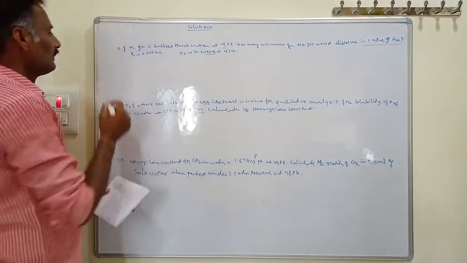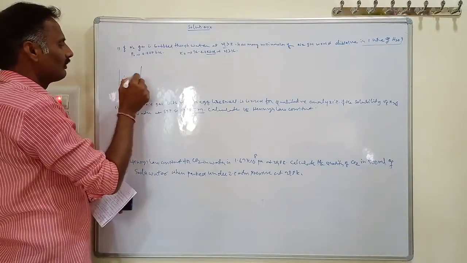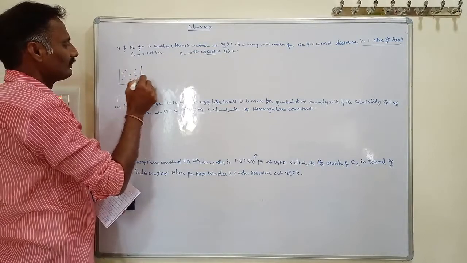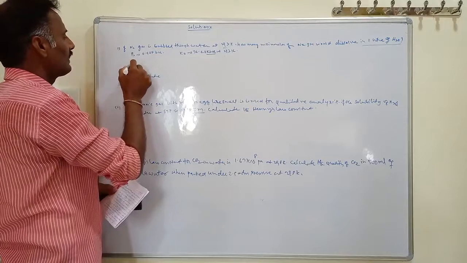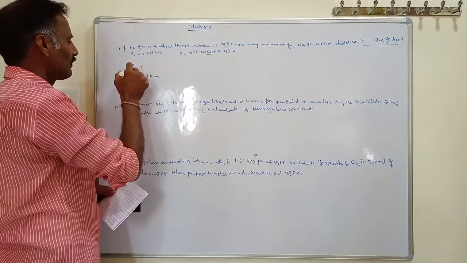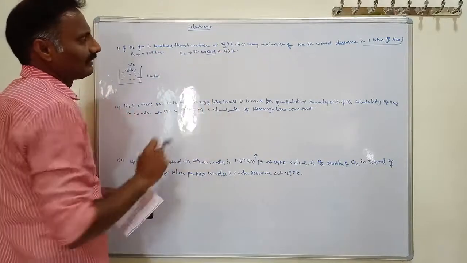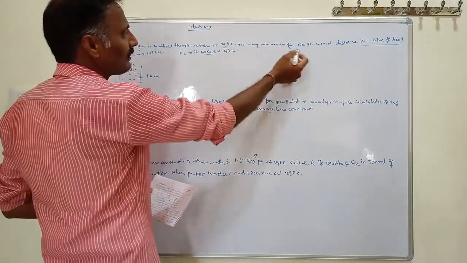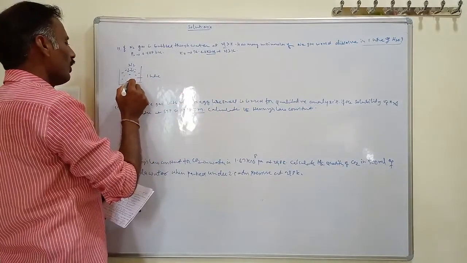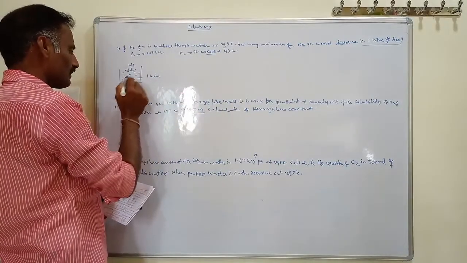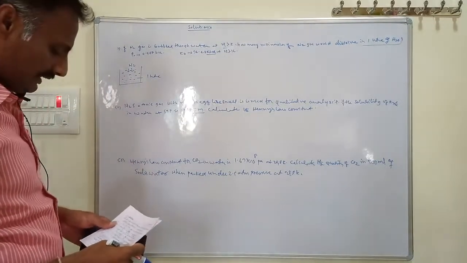Here it contains 1 liter of water. For this 1 liter of water, nitrogen gas is bubbled. Nitrogen gas is passed through 1 liter of water at 293 Kelvin. How many millimoles of nitrogen gas dissolved in water? Here in this water, how many millimoles of nitrogen is present? This is the question, one of the problems based on Henry's law.